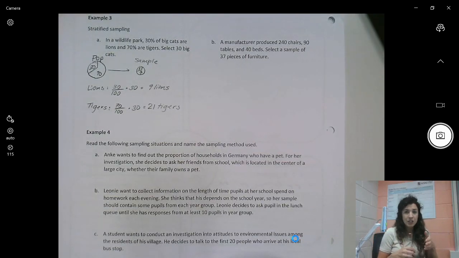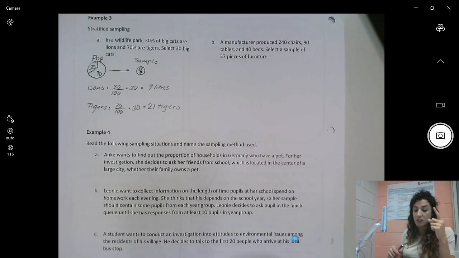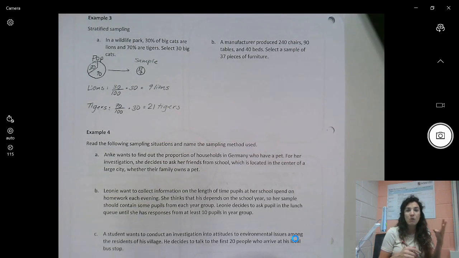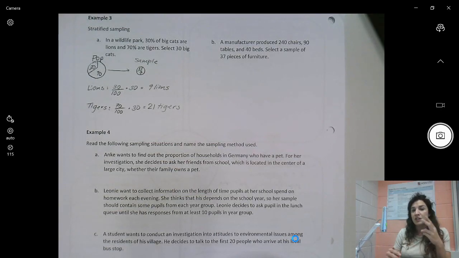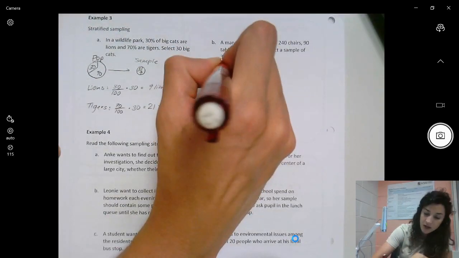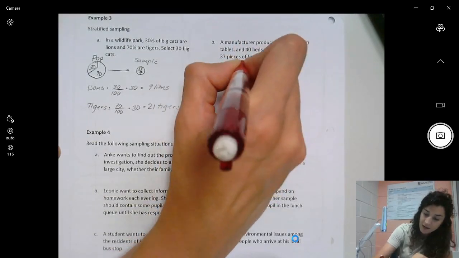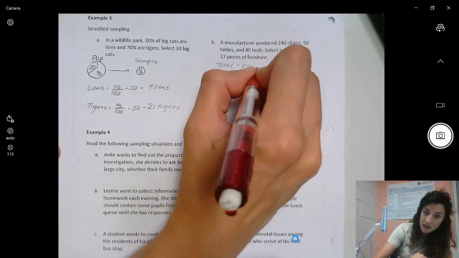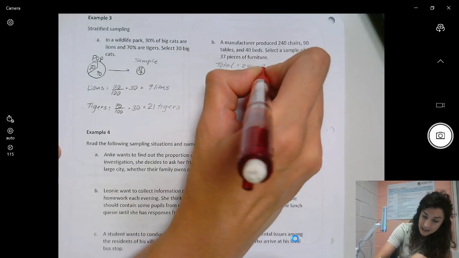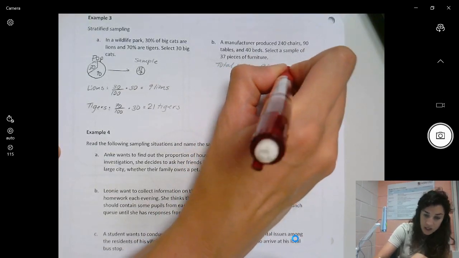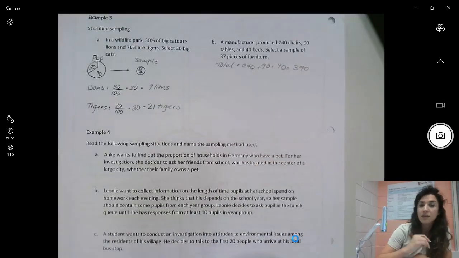Sometimes they aren't represented as percentages, but you can find the percentages from the information. So we have a manufacturer that's producing chairs, tables, and beds, and we want to pick 37 pieces of furniture total. If we have 240 chairs, 90 tables, and 40 beds, we first need to figure out how many total we have. Well, that's 240 plus 90 plus 40, which is